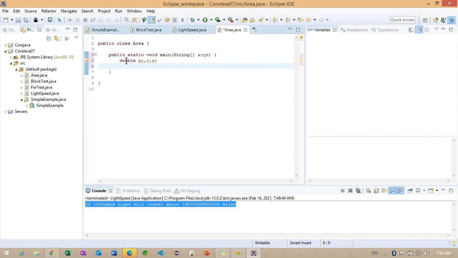After that, carefully observe, I'm initializing the value. r is equal to 10.8. Getting the point. Let me provide the semicolon here. Carefully observe, if you miss the semicolon, we get a syntax error: insert semicolon to complete the statement. Getting the point.